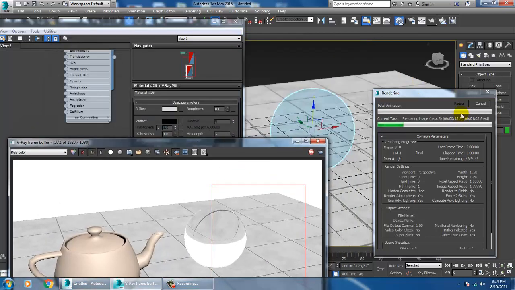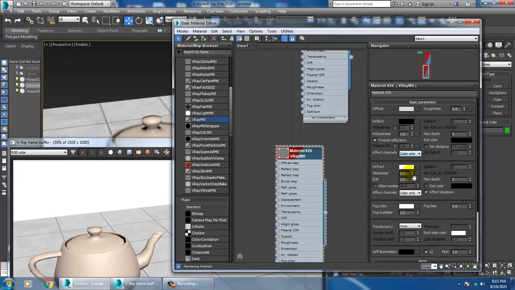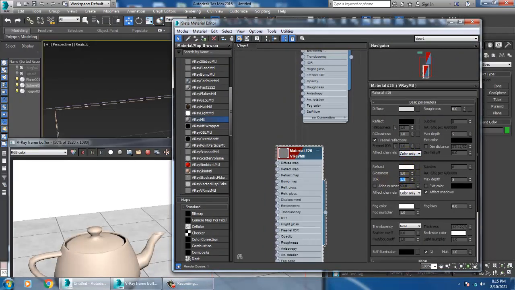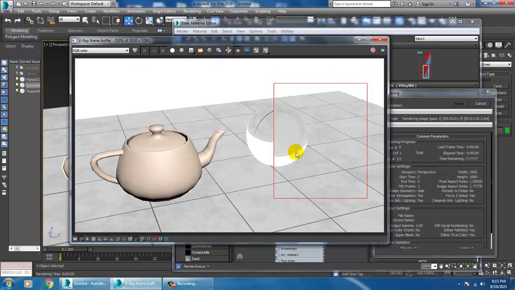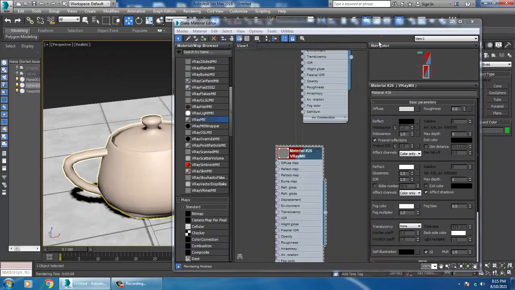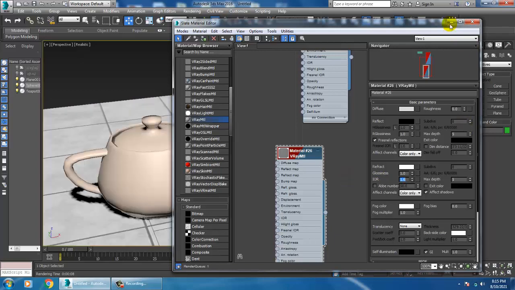Let's reduce it to 1.3 and let's just render. Once you render it, you will see that there is a change in the glass between the two because of thickness. The thickness can be easily defined by this property called IOR, the index of refraction. You can keep it to 1.6.